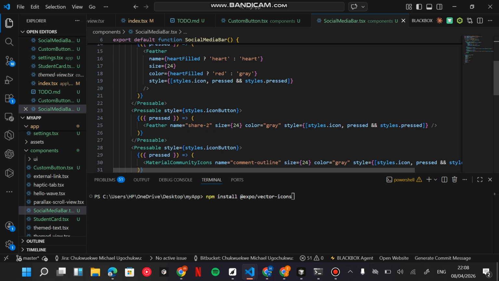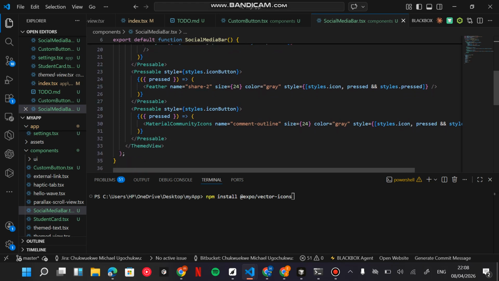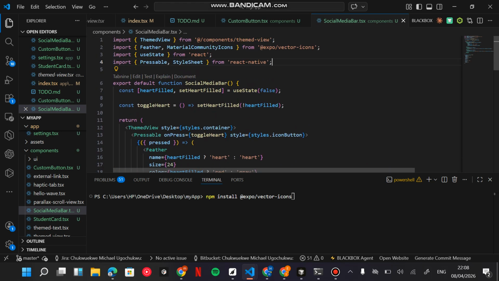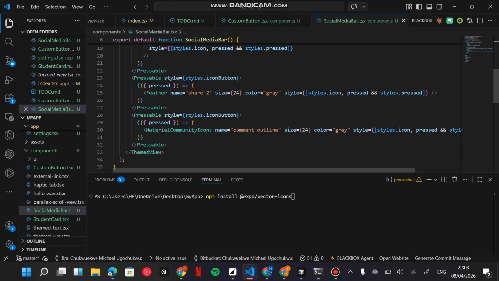So for the next one, I'm also using Feather, just repeating the same thing. Using Feather, share-2 is the name of the icon I'm using now for the share icon. And the next one is Material. I'm using MaterialCommunityIcons because I imported Feather and MaterialCommunityIcons. And in MaterialCommunityIcons, I'm using comment-outline because there's a comment icon. Just do you, when doing this task, just do